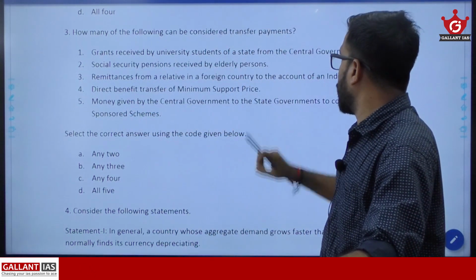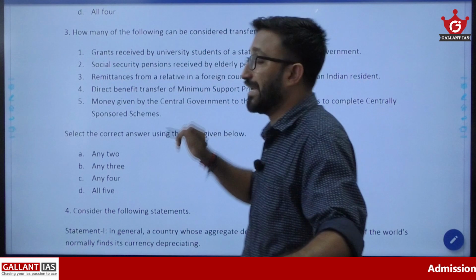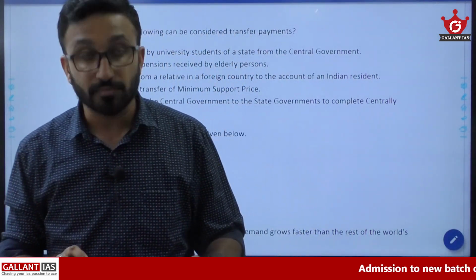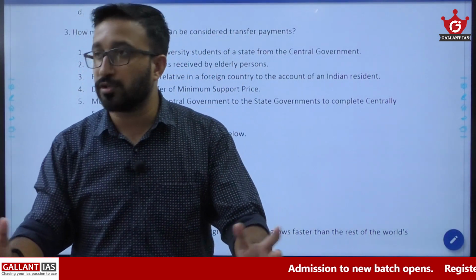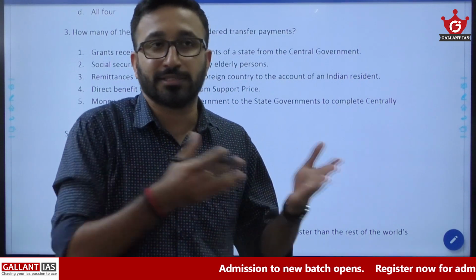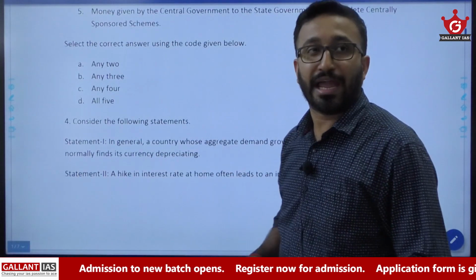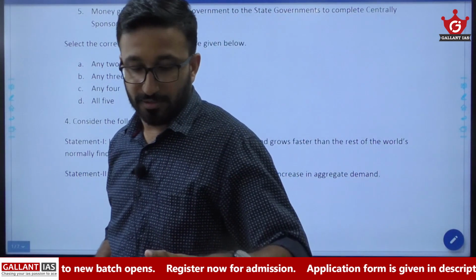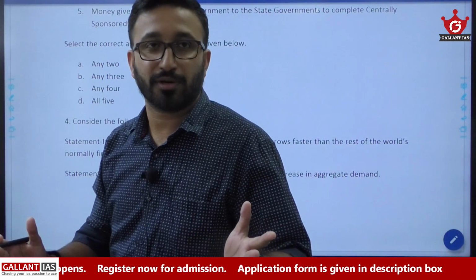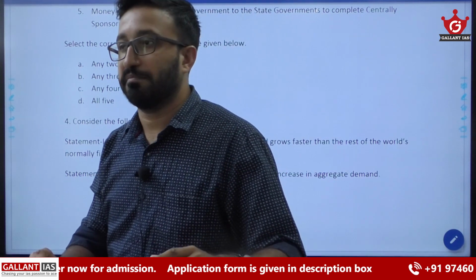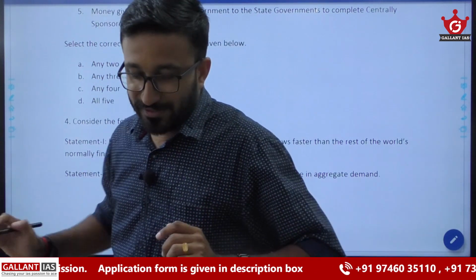Money given by central governments to state governments to complete centrally sponsored schemes. That's also false, because they are providing a service. Right? Okay, so the answer is any 3. എത്ര പേർക്ക് കിട്ടി? Impressive. So the next one,